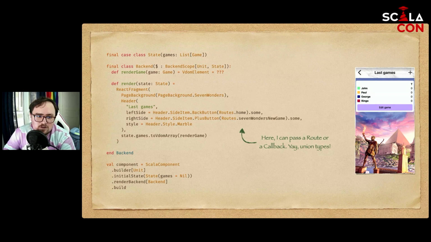So it's essentially like map, except it is a bit more specific than map. If you have a function to turn a single game into a DOM element, and then you have a list of games, then using toVDOM array, you have essentially a function to turn a list of games to a list of VDOM elements, or in that case, a single VDOM element. So it is actually more like traverse than map. But anyway,